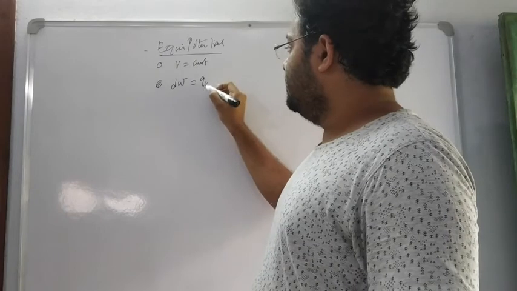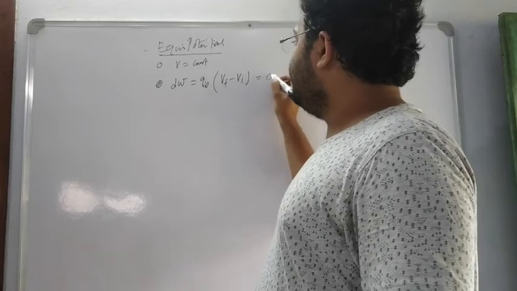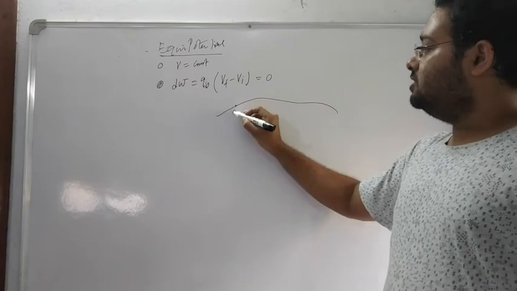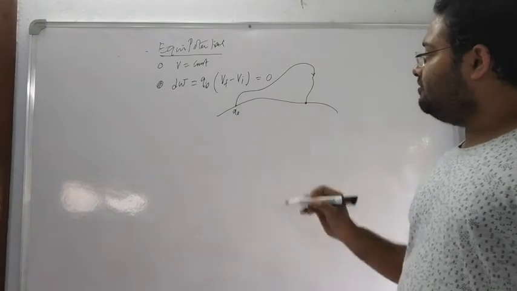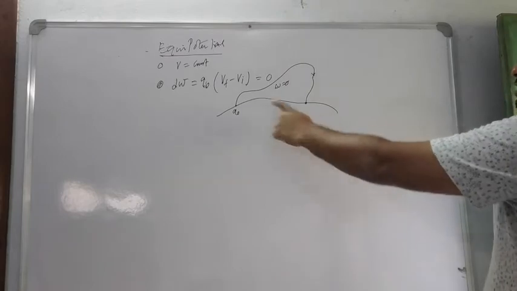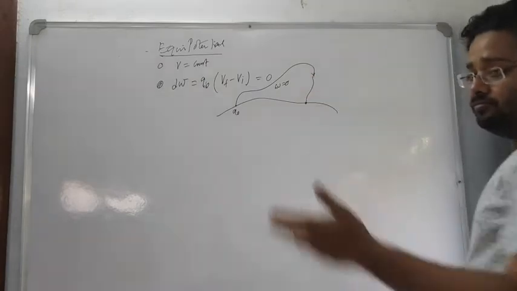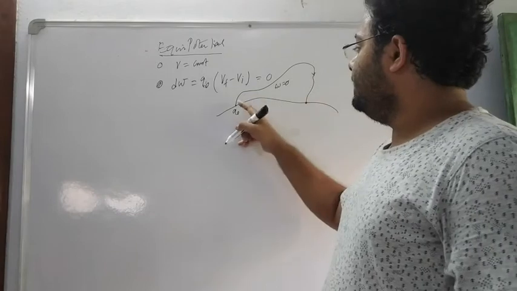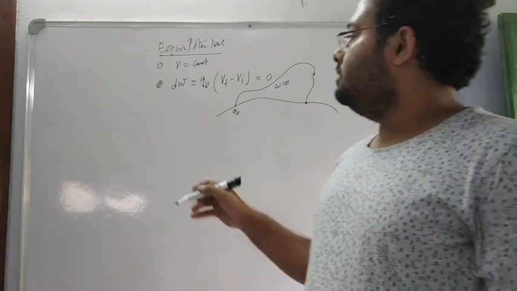কত ওয়ার্ক ডান করতে হয়, q₀ চার্জকে সরাতে গেলে ওয়ার্ক ডান করতে হয় q₀(V ফাইনাল মাইনাস V ইনিশিয়াল)। এটা কিন্তু এই সারফেসের উপর 0 হবে। সো তার মানে এটা যদি একটা ইকুইপোটেনশিয়াল সারফেস হয়, তুই একটা চার্জ q₀ কে এখান থেকে শুরু করলি, তুই বাইরে নিয়ে যা, বাট এটাকে যদি আবার ফাইনালি এখানে ফেরত আনিস, টোটাল ওয়ার্ক ডান কিন্তু 0। এমন নয় এটা বরাবরই সরাতে হবে, তুই বাইরে নিয়ে গিয়েও ফাইনালি ইনিশিয়াল এন্ড ফাইনাল পয়েন্ট যদি ইকুইপোটেনশিয়াল সারফেসের উপর থাকে, বিকজ ইলেকট্রিক ফিল্ড ইজ আ কনজারভেটিভ ফিল্ড, ওয়ার্ক ডান পাথের উপর ডিপেন্ড করে না। এখান থেকে এই বরাবর নিয়ে গেলেও 0, বাইরে নিয়ে এসে শুধু এখানে আর এখানে। ওকে,